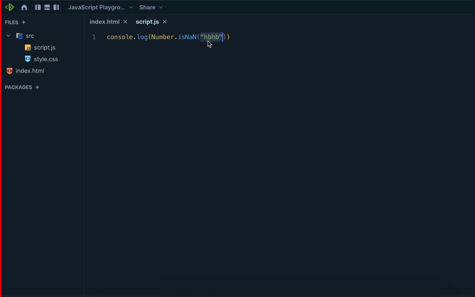Here we are getting either true or false. isNaN is an inbuilt function in JavaScript. It checks whether this value is a number or not a number. Here we have a string, which means this is not a number.